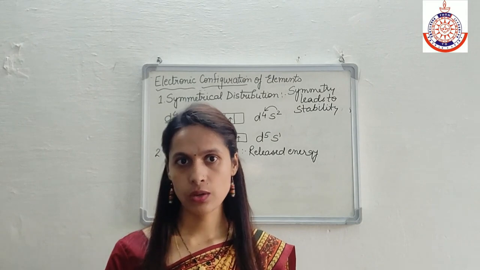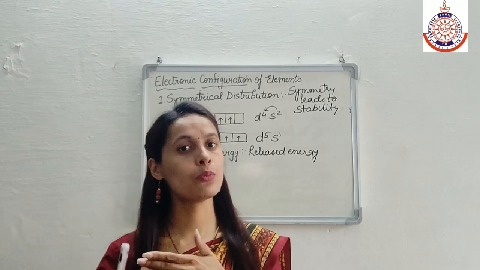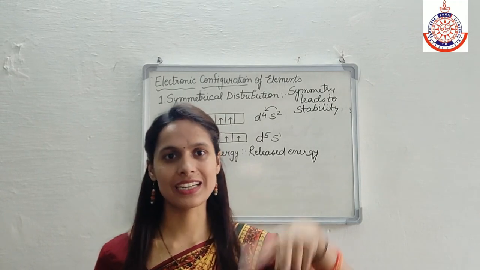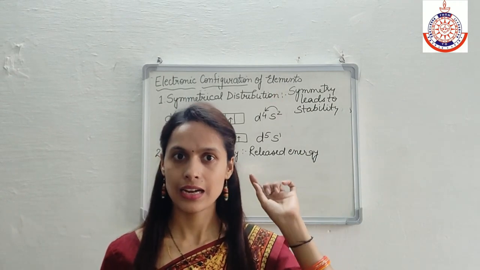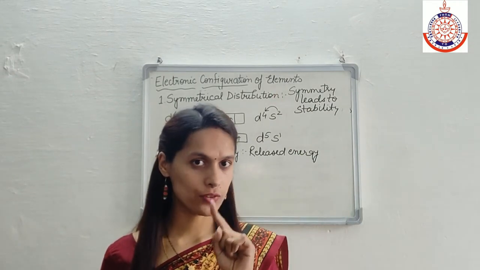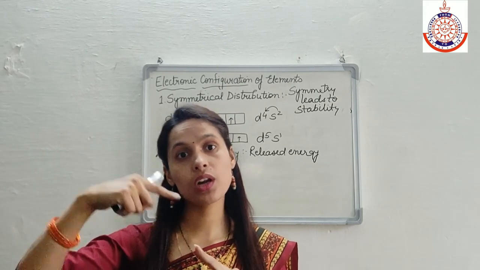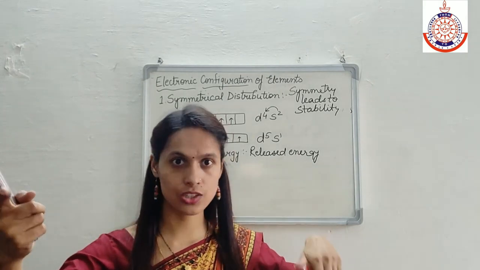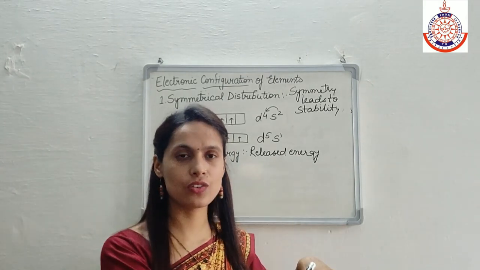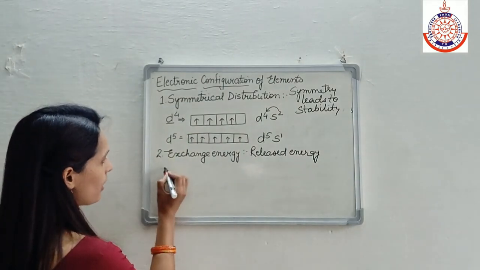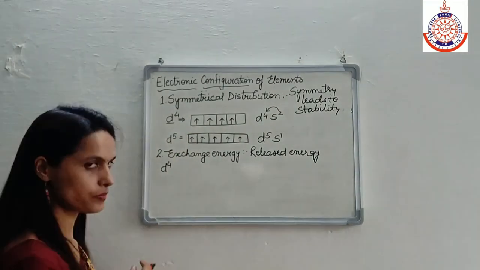The more the exchange, the more is the release of energy, and the more is the release of energy, the lesser is the energy and the greater is the stability. Clear? The more the number of exchanges, the more release of energy. More release of energy means less energy of the system, and less energy of the system means greater is its stability. Now, if I talk about D4,